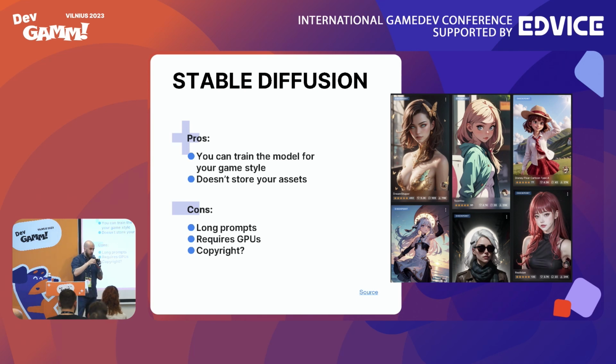And if not, then you can use your current images and feed them to this model and train it for your style, for example, with LoRA or with Dreambooth. And as a result, you will have a separate file, a separate model trained on your style, and you will be able to generate images in this style. So yeah, this is how it works.